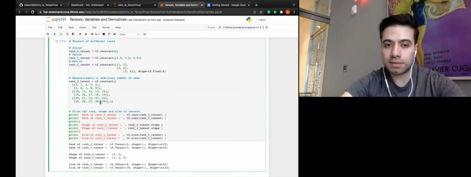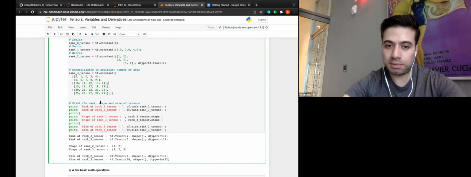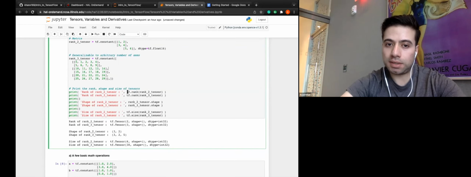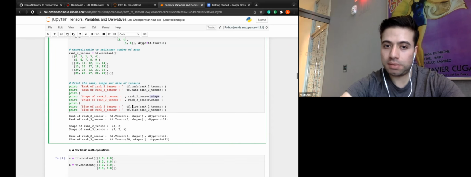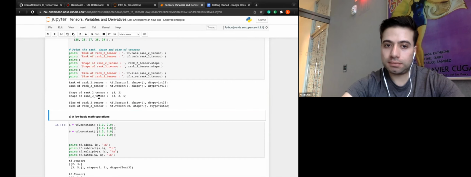And then given a tensor, you can quickly check all of these properties about it as well. So you can check the rank of a tensor by just calling tf.rank and passing your tensor. Or similarly, you can just call your tensor dot rank. Okay. So for shape, I'm doing the other style. So for this tensor, I can call dot shape, and it will give me the shape. Similarly, you can also find the size. So if you just run this, then